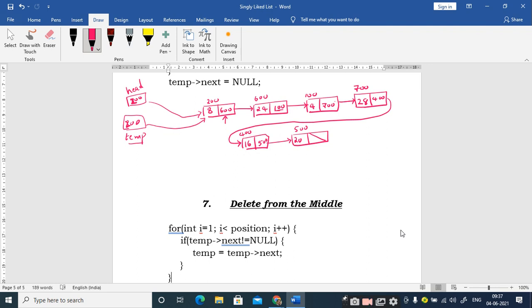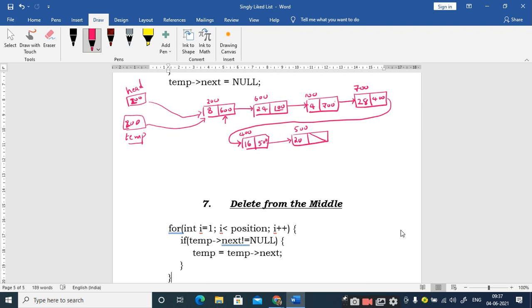Yes, sir. Right. So I should move the temporary pointer in such a way that I make the temporary pointer point to the first location, and I should have a provision to check the next part of the next node which is pointed by the temp pointer. So that is the reason why I am using this temp next.